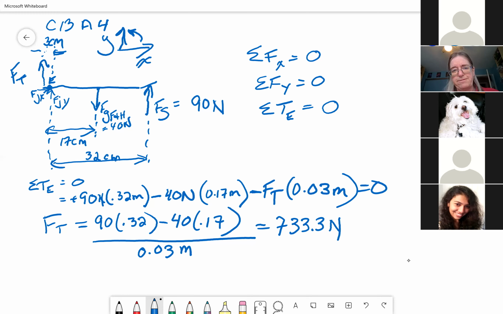I could have the triceps active here, or I could have the biceps. So if instead of drawing a triceps, I had actually drawn a biceps, I would in fact have got a negative value for this,